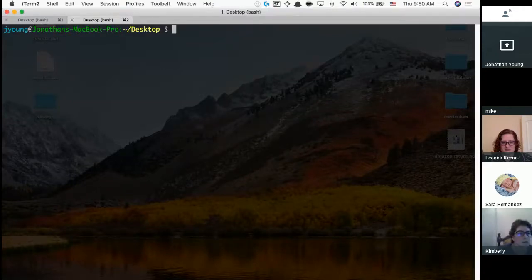So, Sinatra, like I was saying, is a lightweight version of Rails, and generally seen as a counterpoint to Rails. Rails is very heavy; Sinatra is very light. Sinatra doesn't tell you how to accomplish things, so you have to make your decisions yourself. Rails, on the other hand, says there's a Rails way of doing things, the right way to do it, and they're very, very opinionated. It's good for people who are just learning, because you go with what people agree are best practices, and then you don't have to do as much thinking off the bat as you're learning all of these other things.